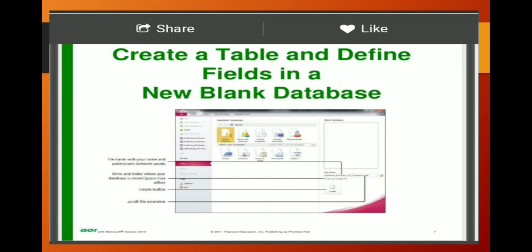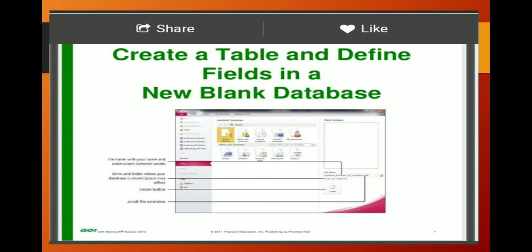Open the Datasheet tab and click on the New Field button in the Fields and Columns group. The Field Template task pane appears on the right side. Now select the field from the list that you want to include in the new table. Drag the selected field to the table and drop the field where you want to position it. When the insertion point appears, open the Datasheet tab and click on the View button. Choose the Design View option from the drop-down menu.